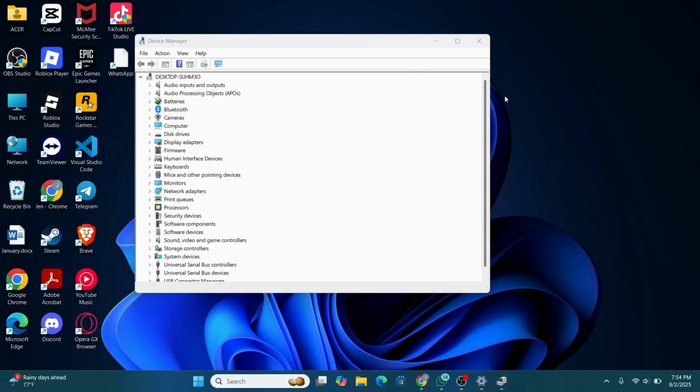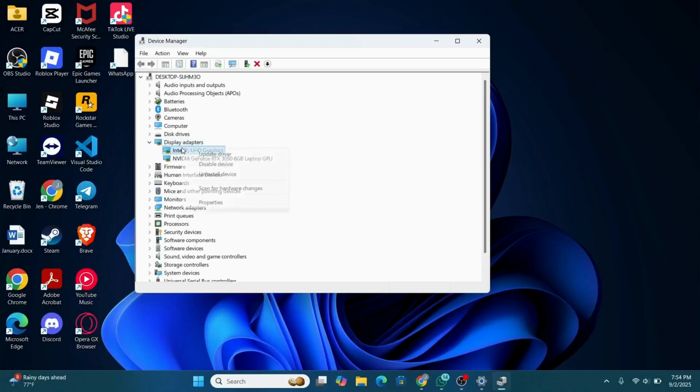After here, look out for your display adapter. Click on display, expand it, and once you expand it, go ahead and find the display adapter that you have and right click on it. After that, look out for update driver, click on it,